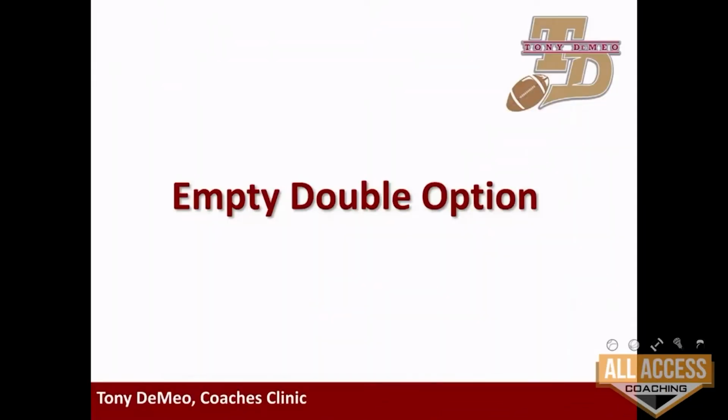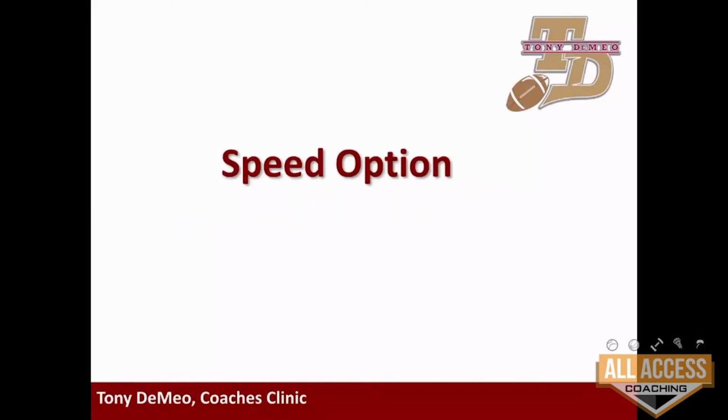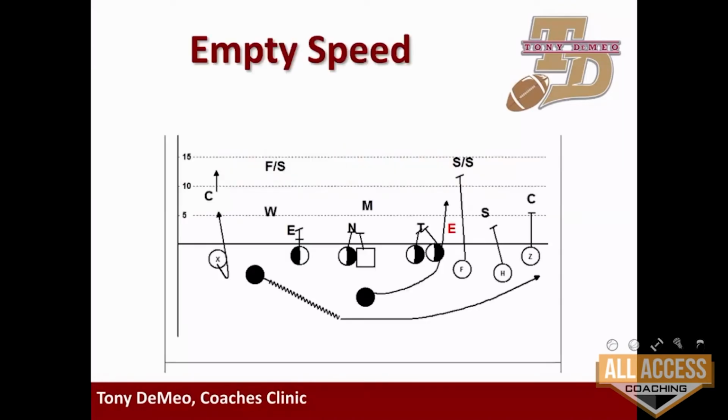So we have the empty triple that you just saw, but we also want to be able to get on the edge ahead of time, and so we have empty double options. The speed option is obviously the easiest. So now we could have our tailback being the pitch man. So this would be backs right, speed right. Okay, so this would be our tailback back here if we wanted to get him the